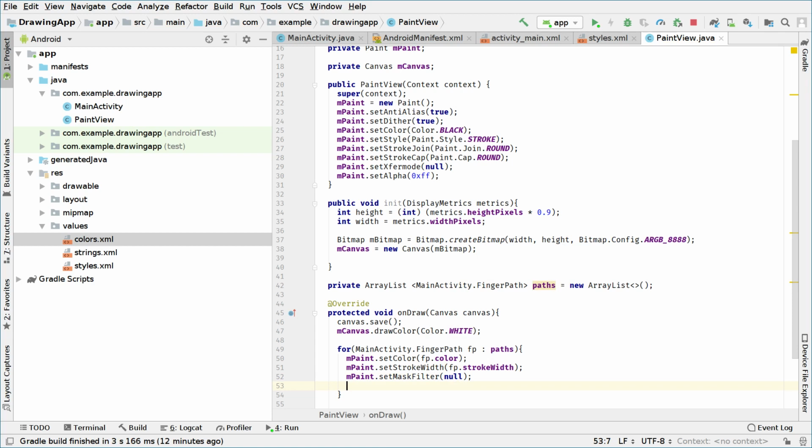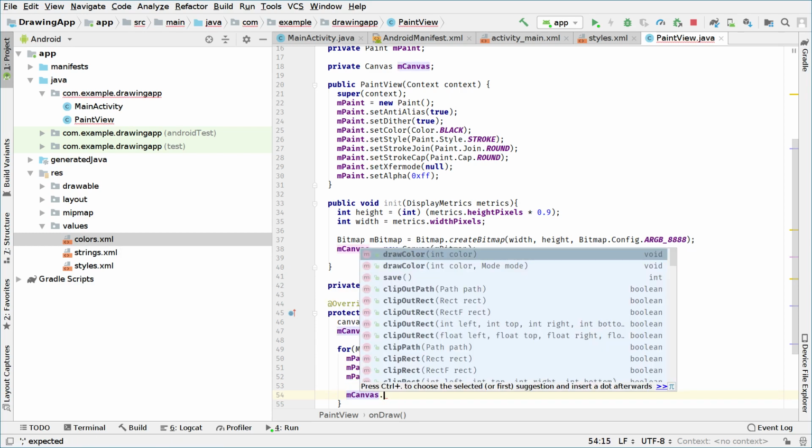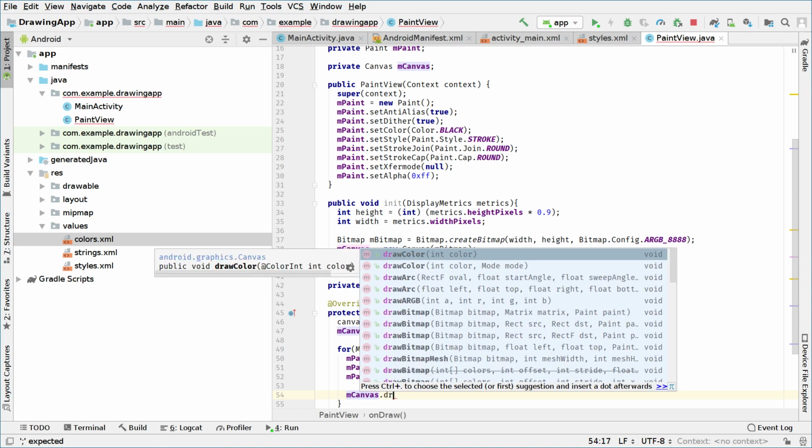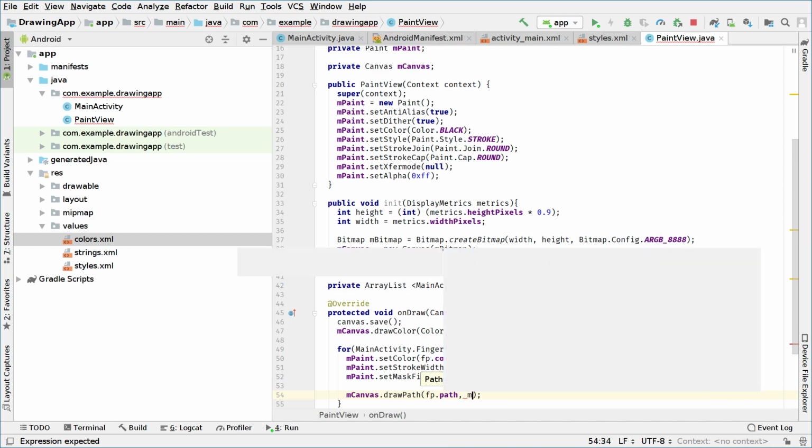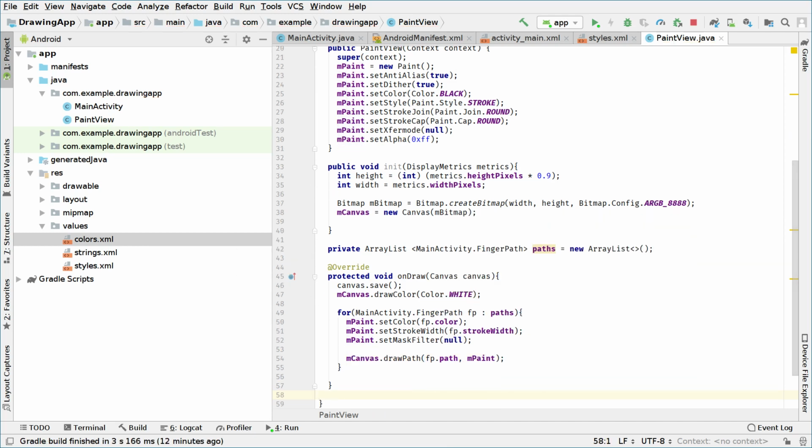And we will actually draw the path right now. To draw the path, we're going to say mCanvas.drawPath, and we'll pass, of course, fp.path, and we will also pass the mPaint. This is how we do this for every loop right here. But now we have to actually display these changes to the screen. To do that, we're gonna say outside the for loop, of course,